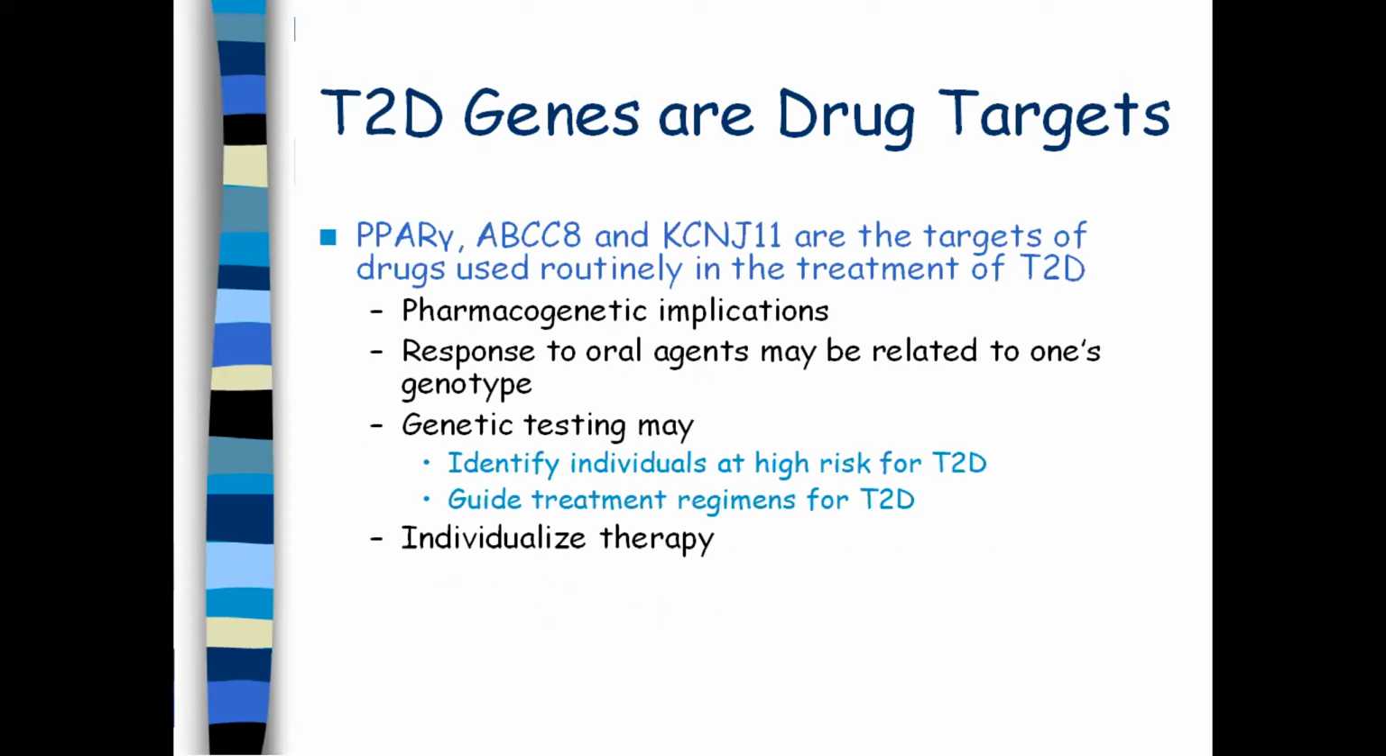So already I told that thiazolidinediones as well as sulfonylurea are the targets for those genes which will be responsible for giving a prominent effect, and response to oral agent may be related to one's genotype, and genetic testing may be responsible for identifying individuals at a high risk for type 2 diabetes and guide the treatment regimen for type 2 diabetes. Means if we are going for screening of those genes or alteration or deletion in a specific chromosome, then